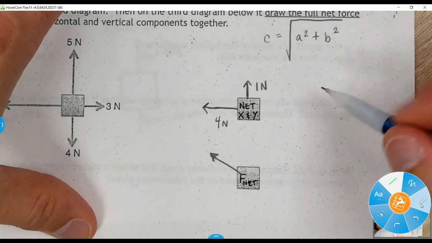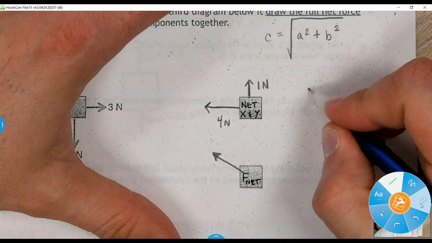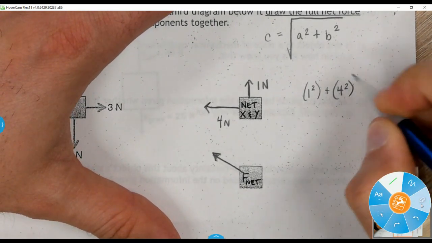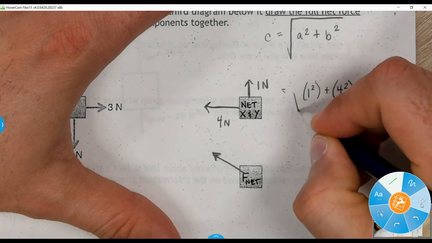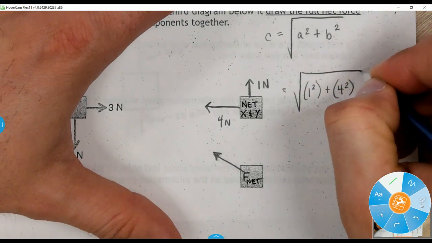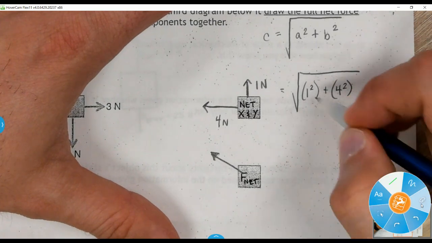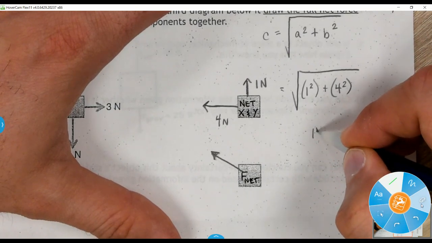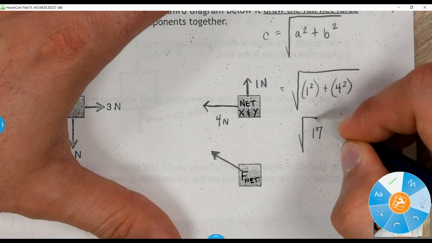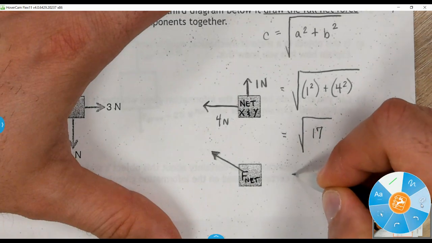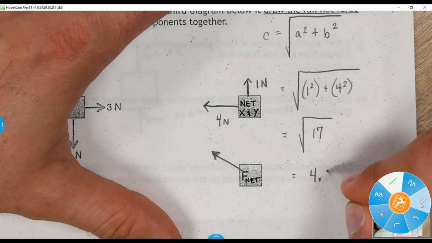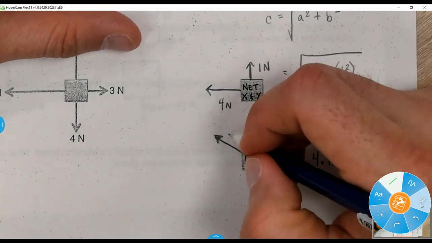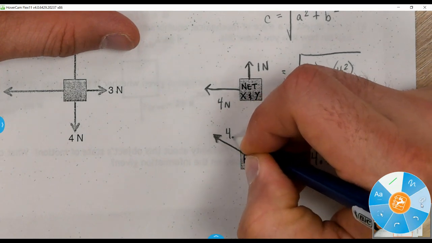1 and 4 are going to be your A and B. Does it matter who's who? No. So if I did 1 squared plus 4 squared and took the square root of that, 1 squared is 1, 4 squared is 16, so it's the square root of 17. That comes out to approximately 4.12. So our final answer would be 4.12